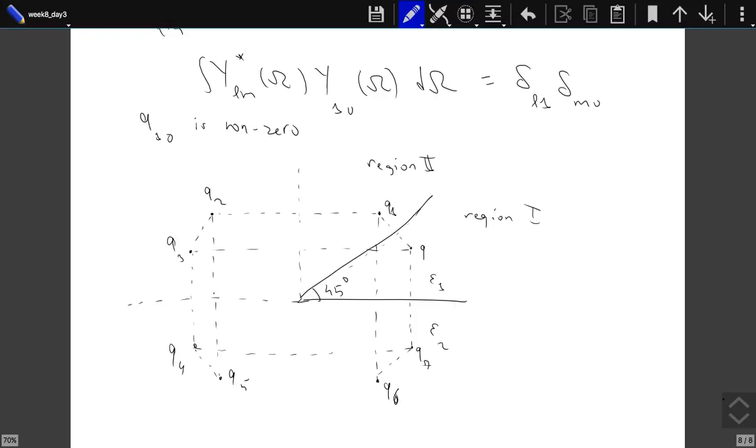So this is my ansatz, let's say. And also I will assume that these 7 images will determine the potential in region 1. Now then there is also the question, what about in region 2? What will be the images for an observer in region 2? Of course, in that case, I cannot put any images in region 2. I have to put an image in region 1. And most probably it will be on the same point as my charge,